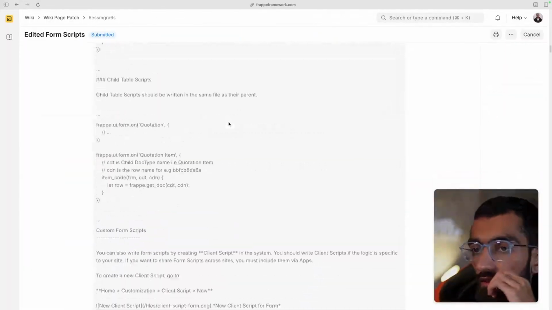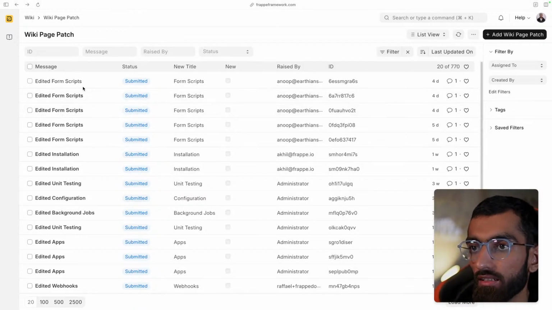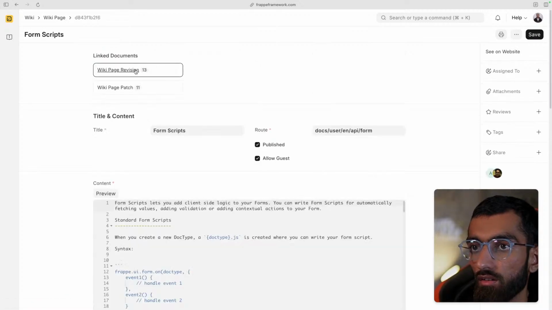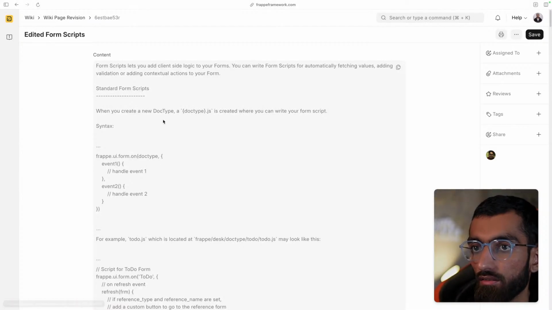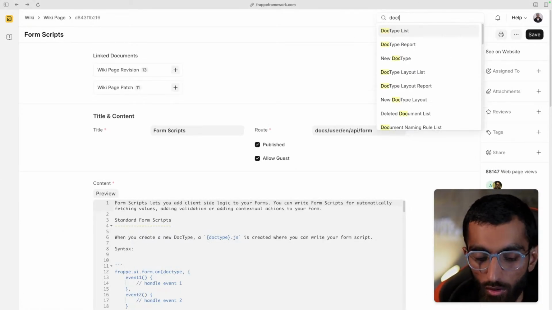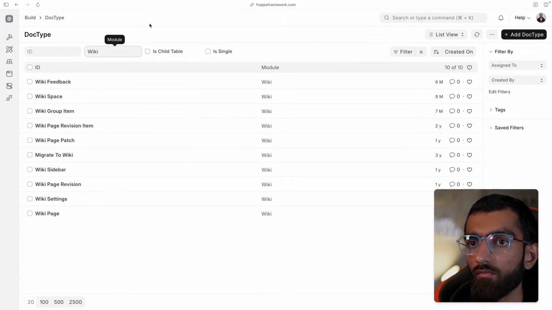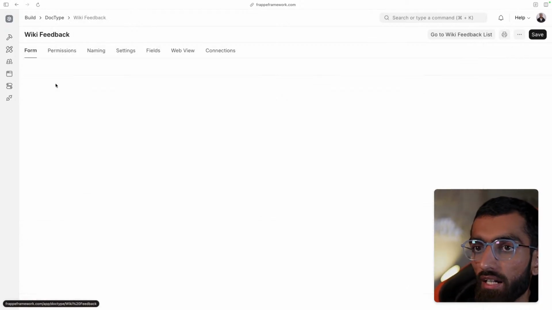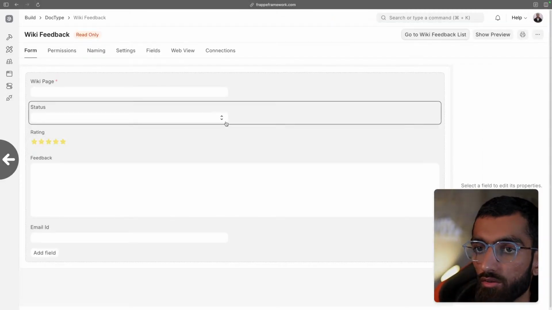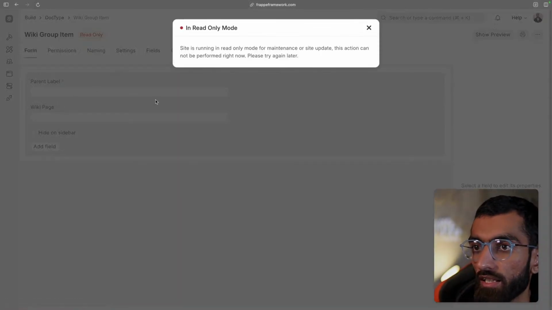So I think once this patch gets submitted, a revision gets created. Yeah, yeah. Okay. So let's go to doc type and module wiki. Okay, it has wiki feedback as well. Let's see if it has any data. No. Okay, so we don't have to migrate this right now. Wiki group item. Okay, I think it's a child table, so